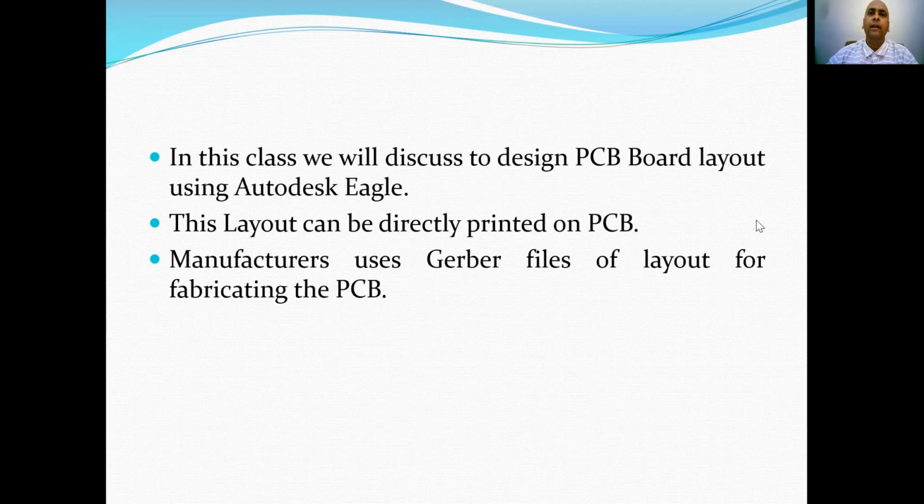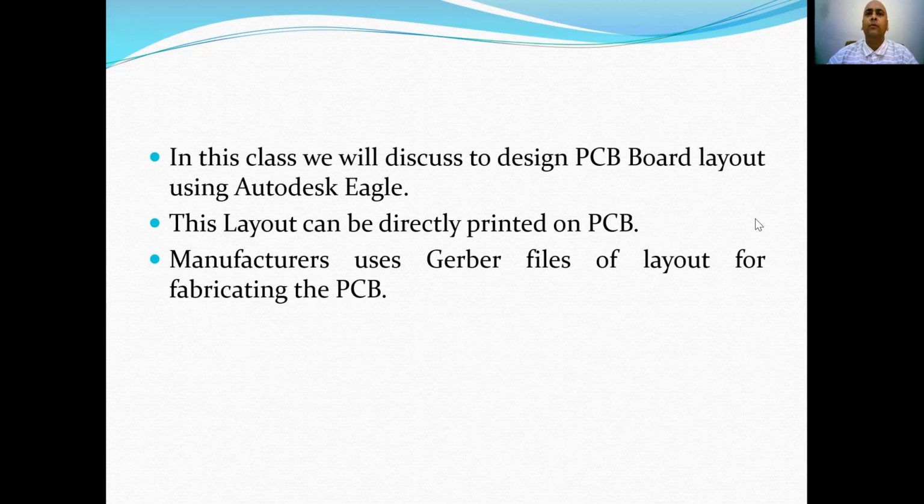In order to generate the board layout of any circuit, first we need to draw the schematic diagram of the circuit. In class 17, we started plotting the schematic diagram of a regulated power supply.